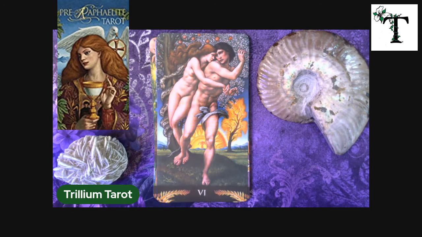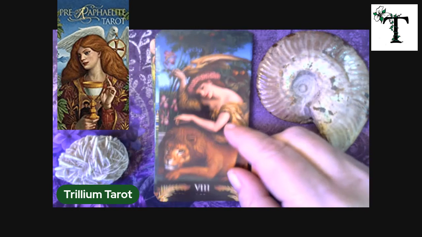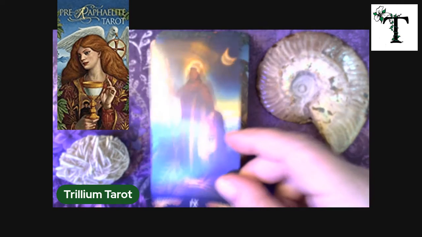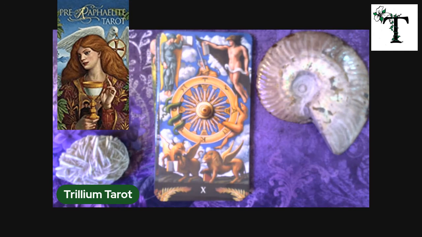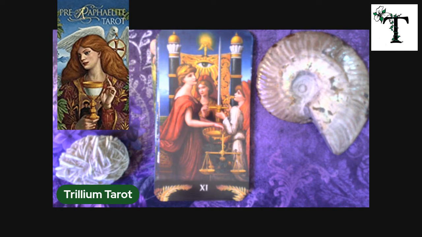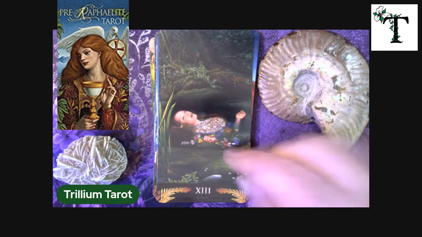We have the Lovers. And we have the Chariot, being pulled by two horses, different colors, opposites, but definite movement. Then we look at Strength. Followed by the Hermit, wandering in the wilderness with his lantern. Here we have the Wheel of Fortune, followed by Justice, the Scales and the all-seeing eye, the Hanged Man,